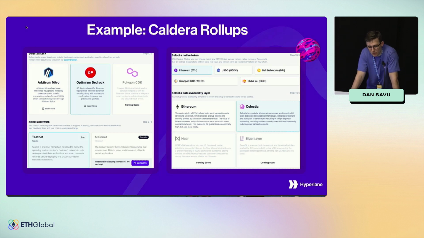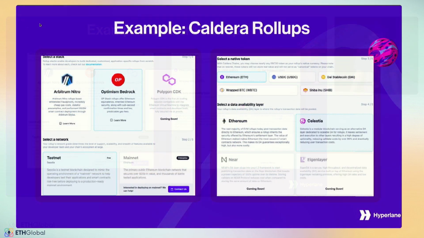If we keep to the rollup world and you look at Caldera, you can go onto their website, and within 5 minutes, it's really just mix and match for a variety of parameters, and you can launch a rollup. You can use the OP stack, pick the native token and the DA layer, and then you have a rollup, and it's up and running. It's probably scalable.